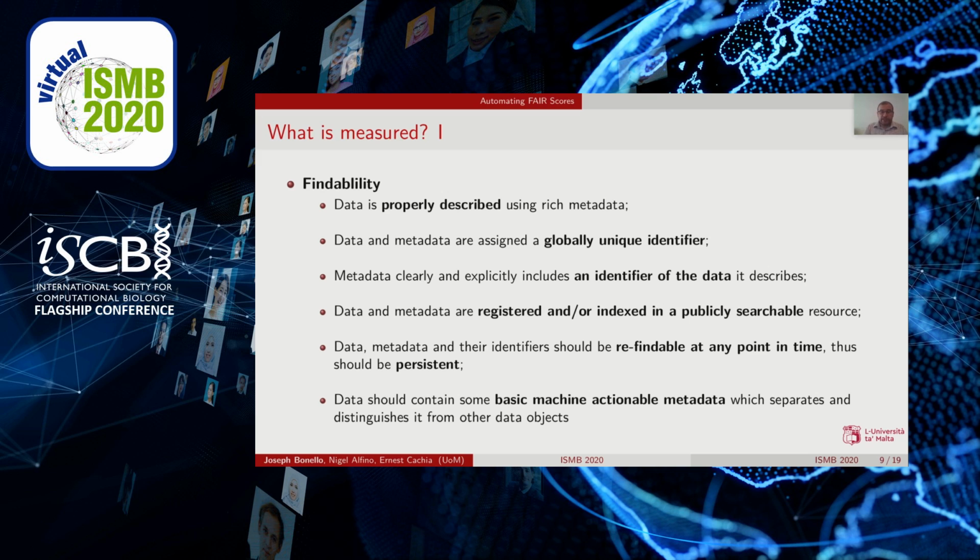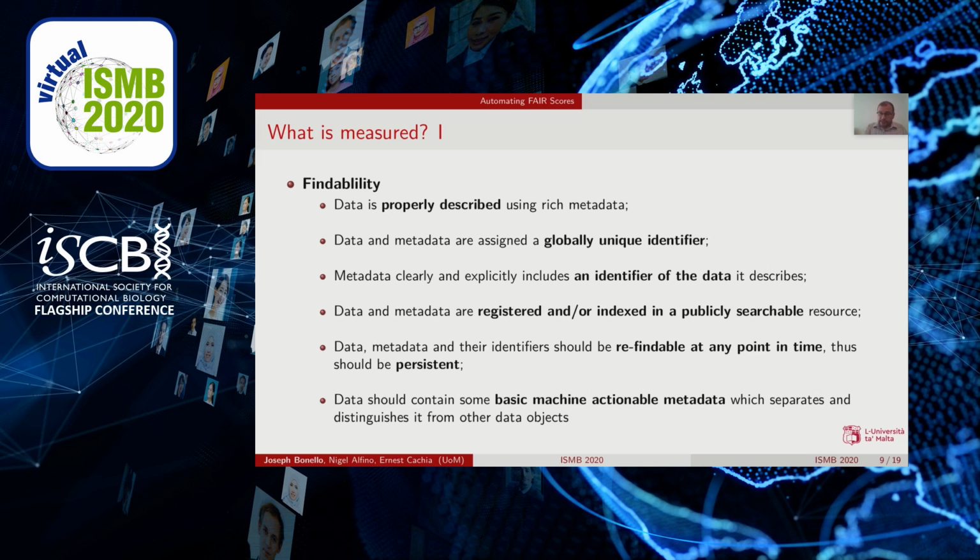It checks whether the data is registered or indexed in a publicly searchable resource. It checks that the data is refindable at any point in time, which means that the information that describes the data set is persistent. So even if at some point in the future the data is taken offline for some reason,